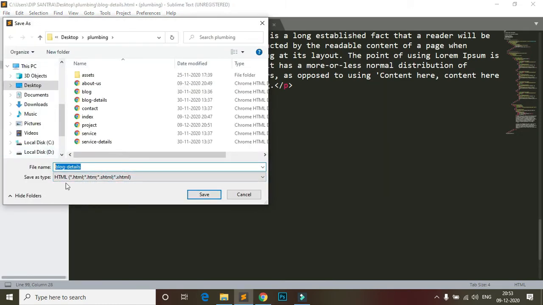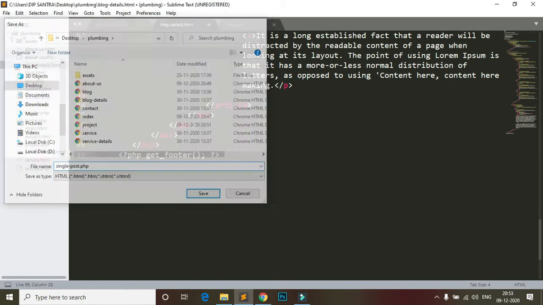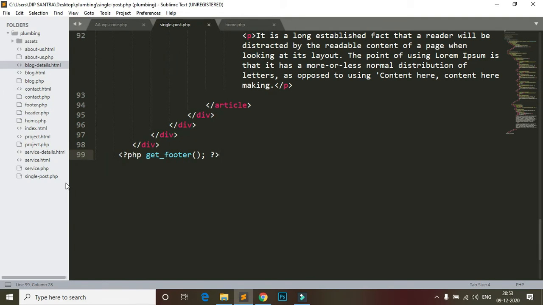But here I have to change this name to single-post.php, because I use blog as a post, so that's why it's a single.